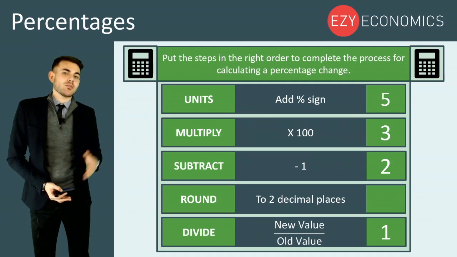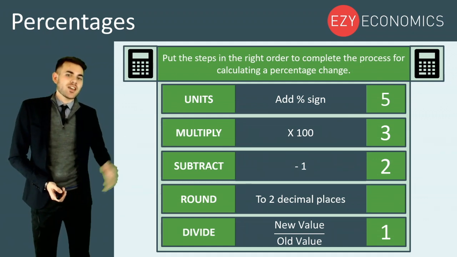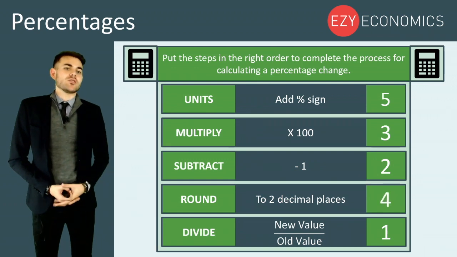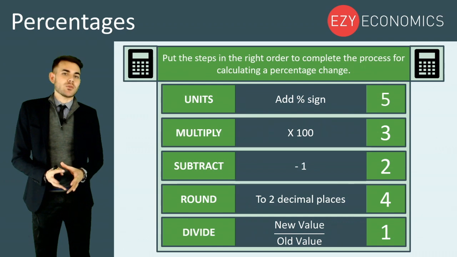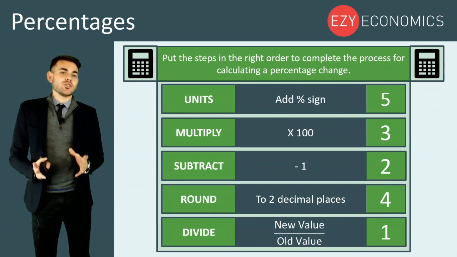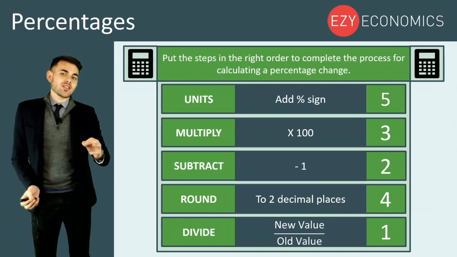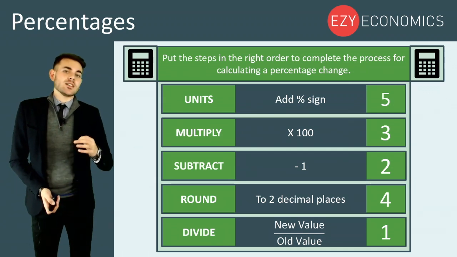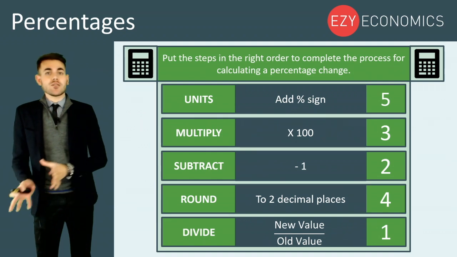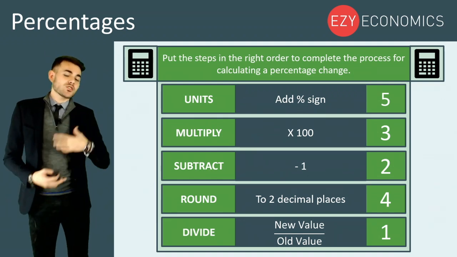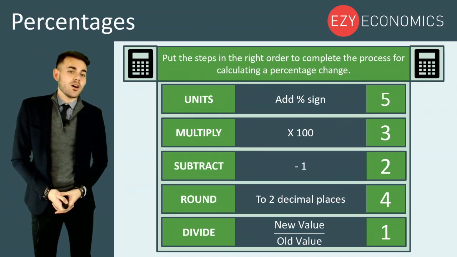And you go about doing that by multiplying by 100, and then rounding to 2 decimal places allows you to simplify the percentage change you're dealing with. And finally, of course, not to forget the units, you have to add on a percentage sign to remind you that you're dealing with a percentage change here. And that, of course, can either be positive or negative,